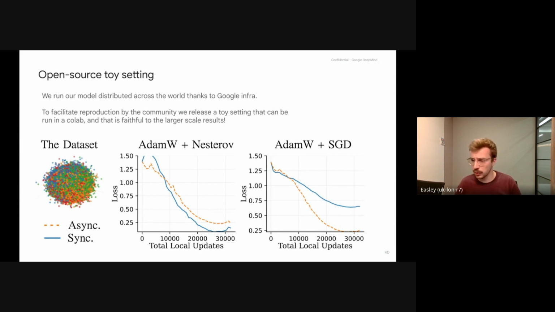So we wanted also to give the community a way to reproduce this kind of setting without having to have devices across the world for real. So we created some kind of datasets, which is a mixture of Gaussians, basically. These small datasets can work in a Colab. We tuned it in a particular way, and we found that this toy setting, which can be run on a Colab with a single GPU or even on CPU, but that's going to be a bit slow, can now produce the same kind of behavior for both synchronous and asynchronous as our large-scale setting. So we hope that this Colab that is available for everyone could be helpful to reproduce our results and also maybe to improve them.